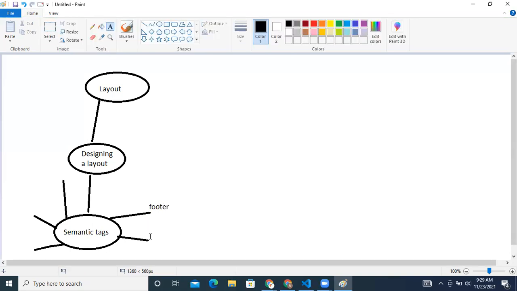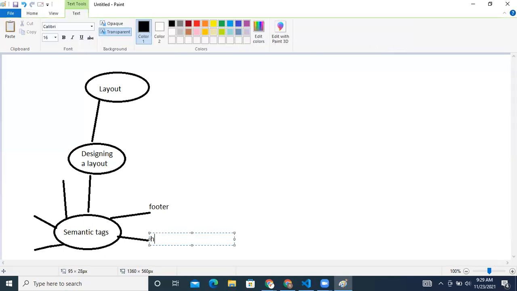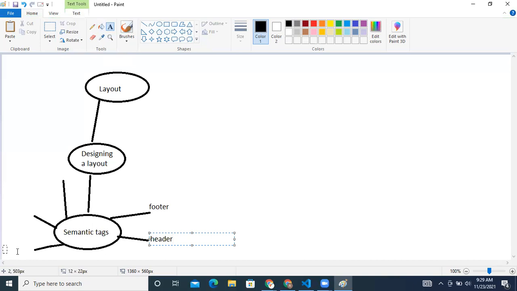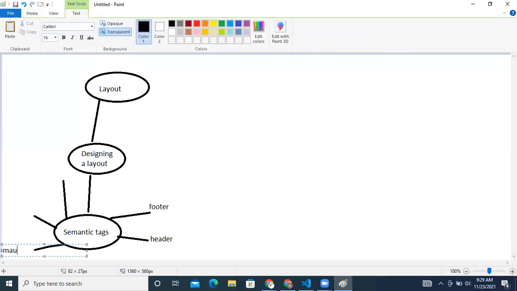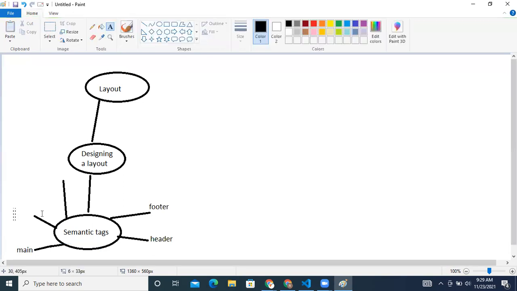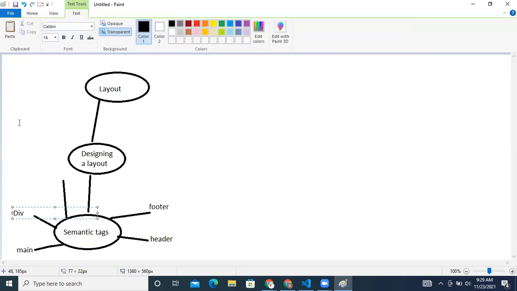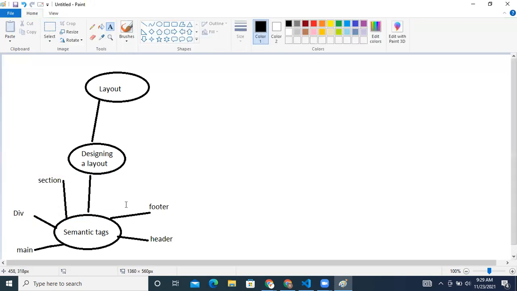Here footer, header, main, div, section. So these are the tags that we were using before float and flex came. So these were the normal tags like section, div, main, footer, header, which we were using to create a layout.